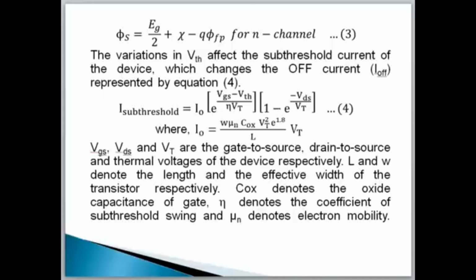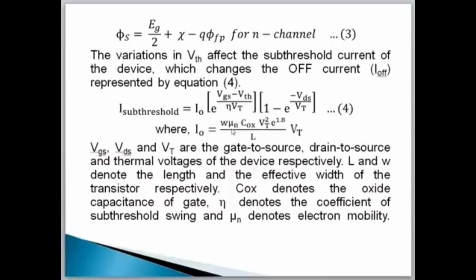We know that the work function of the silicon material is equal to Eg by 2, the band gap, plus electron affinity minus Q phi Fp for an n-channel device. The variation in threshold voltage affects the subthreshold current of the device, which changes the I off current, represented by equation 4. The equation of the subthreshold current is I naught e to the power (VGS minus VTH) divided by eta VT, into (1 minus e to the power minus VDS by VT), in which I naught represents